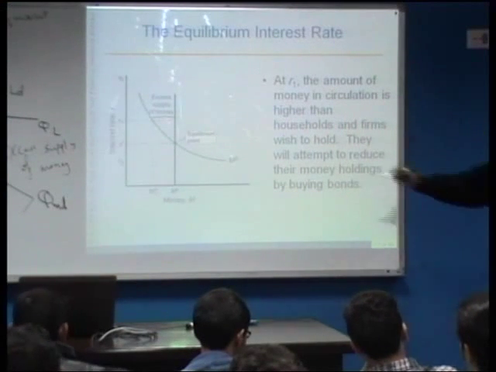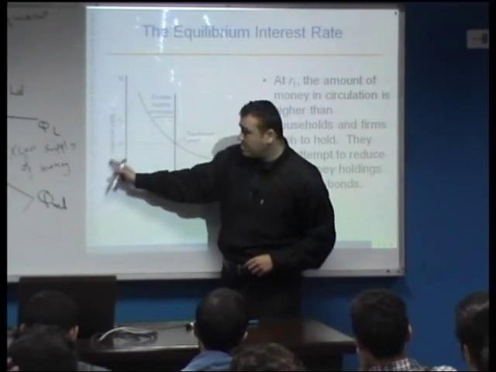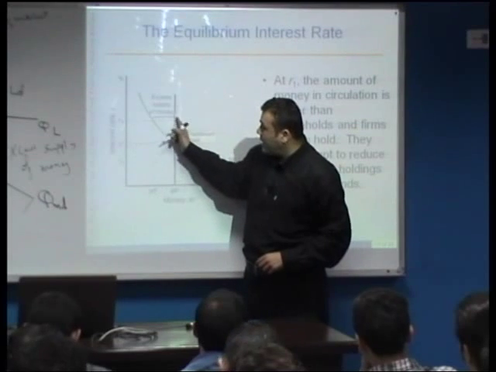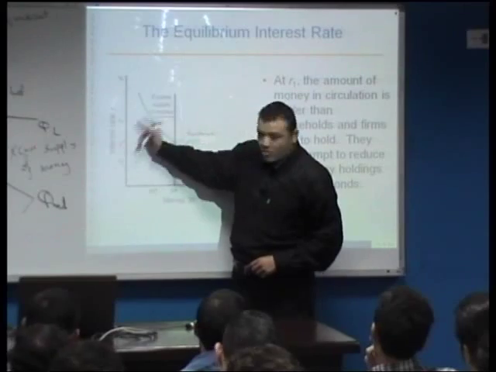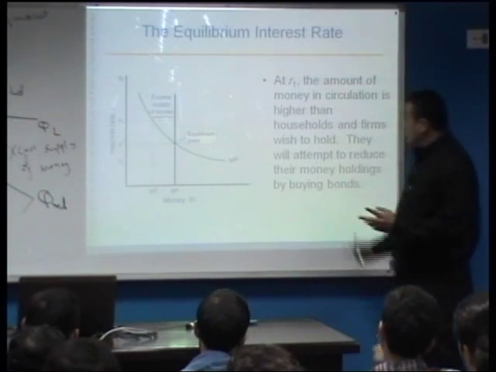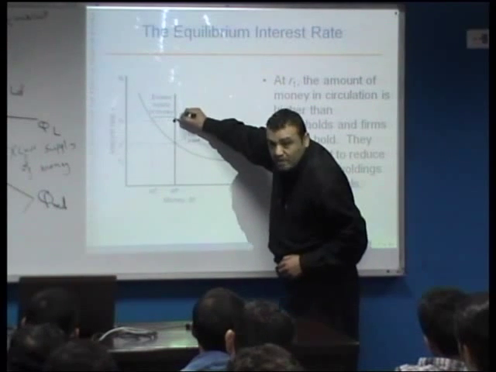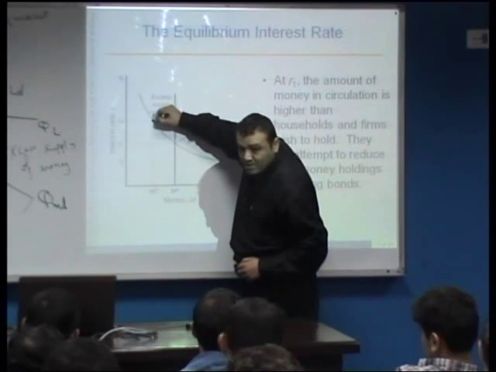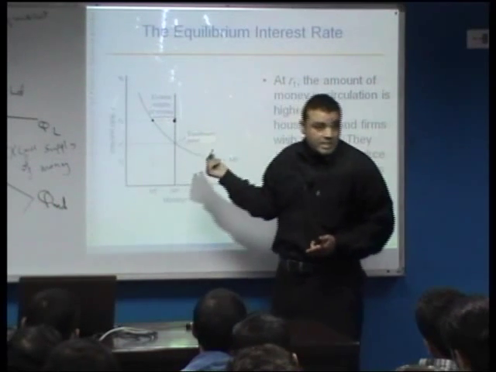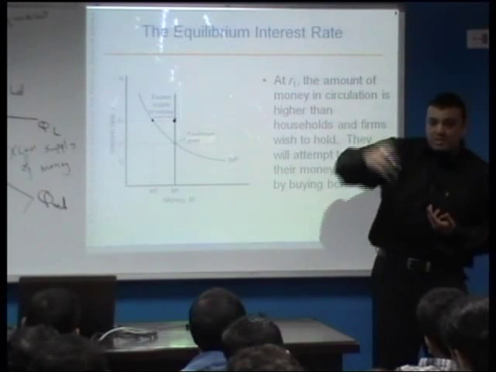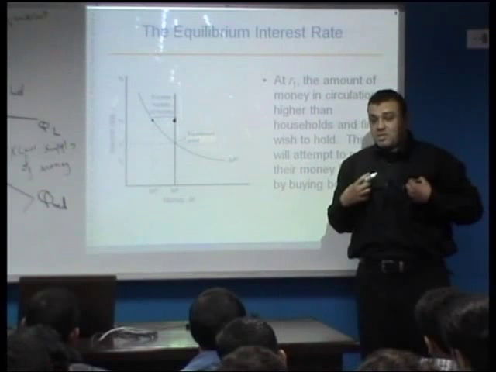Okay, let's go to this slide. As you see at R1, this is R1 and this is R star, the equilibrium interest rate. As you see, the current interest rate on bonds is higher than the equilibrium interest rate, right? Which means the quantity of money supplied is larger than the quantity of money demanded by people. People don't demand much money, right? This means that the money in circulation is greater than the demand for money by households